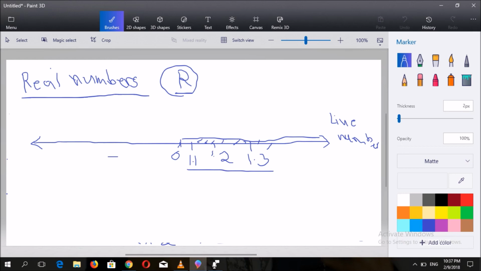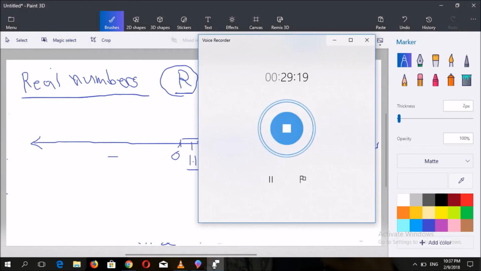Now, the value which is placed in the midpoint of this line is actually 0. So we have the value of 0, which is also a member of the set of real numbers. So 0 is considered to be a real number. Now, all the positive numbers that you can think of that are greater than 0, whether they are rational numbers,